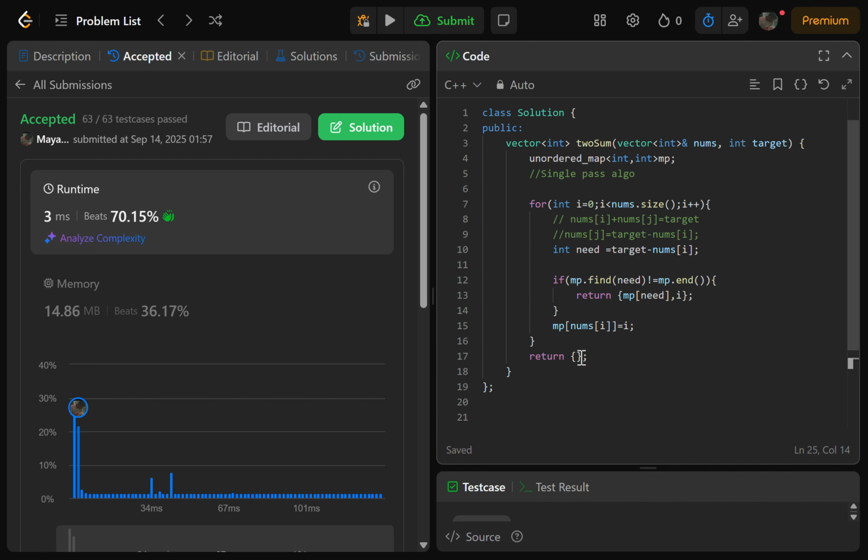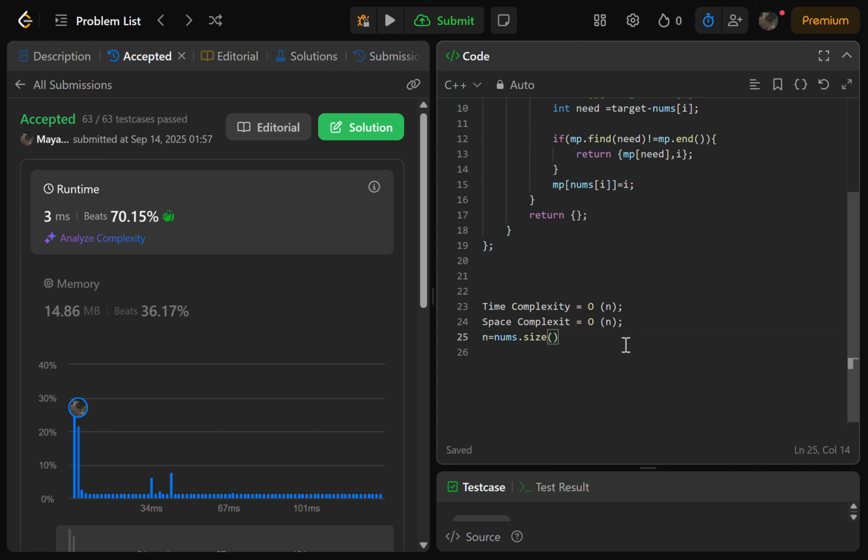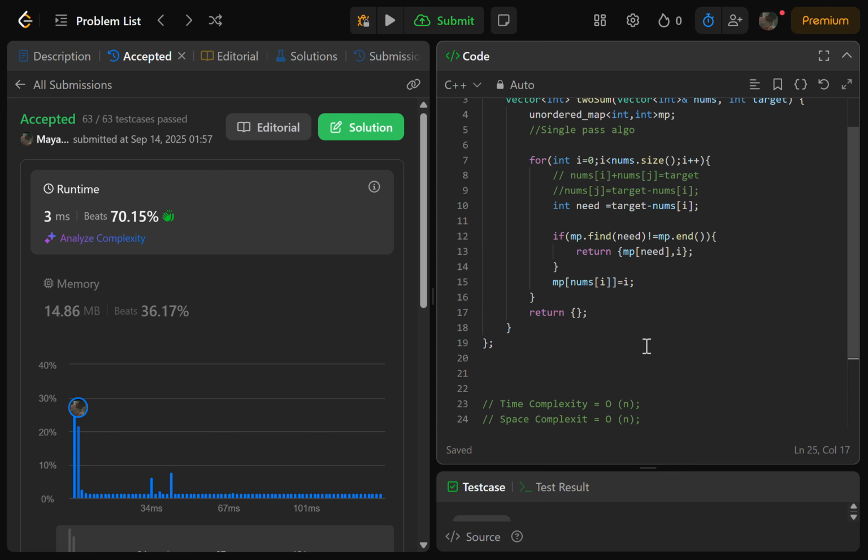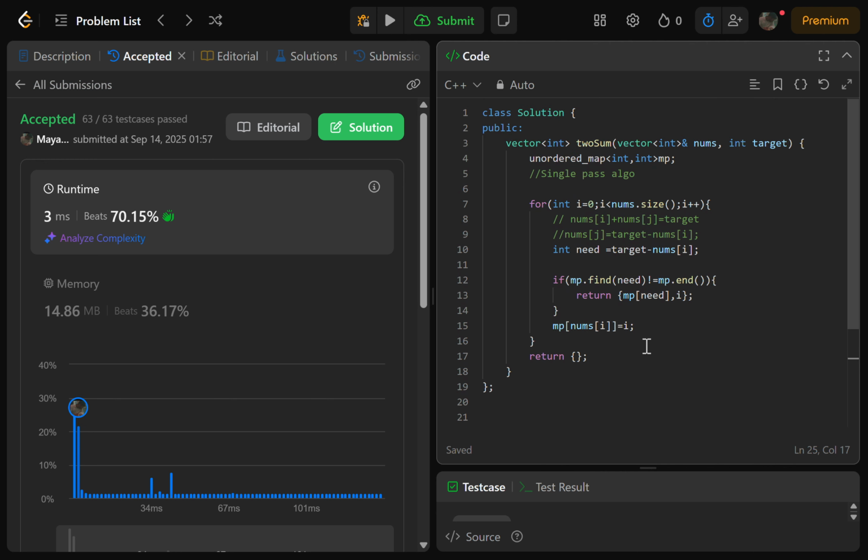Also explain the brute force and basically the sorting algo, because the sorting algo is more intuitive, so you can also explain it to the interviewer. But for